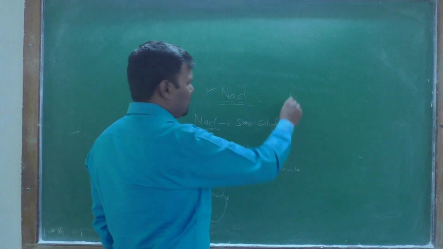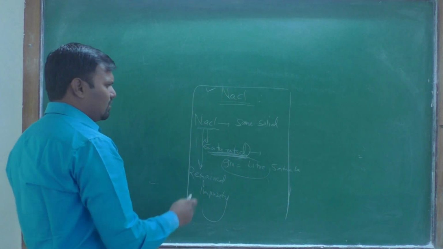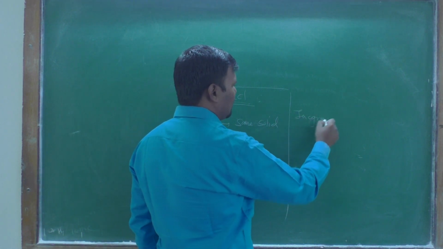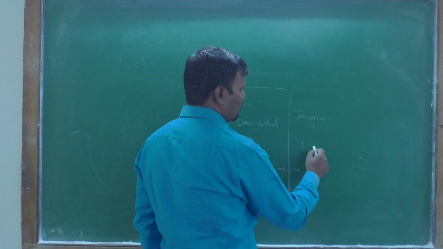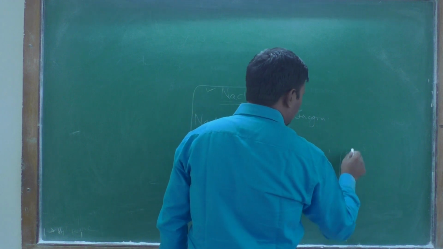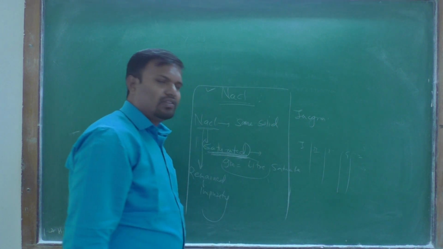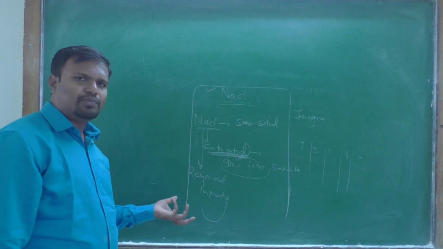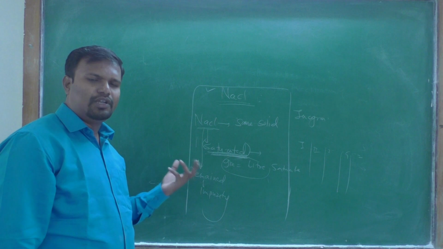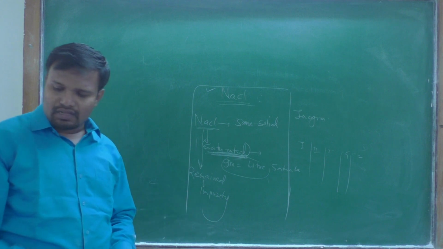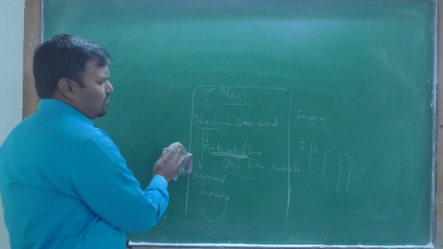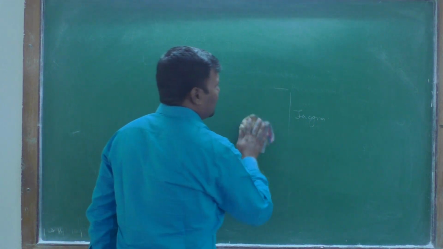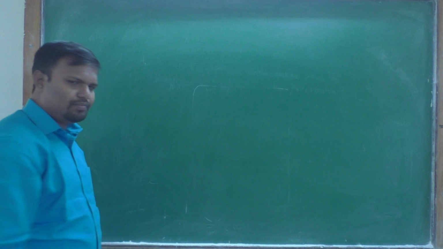Okay, another use is in inorganic qualitative analysis, to find out the first group, second group, third group, fourth group, where precipitation occurs. That precipitation occurs on the basis of the KSP, the solubility product. Okay, in that way there are a number of uses of KSP. We have seen a few of them.